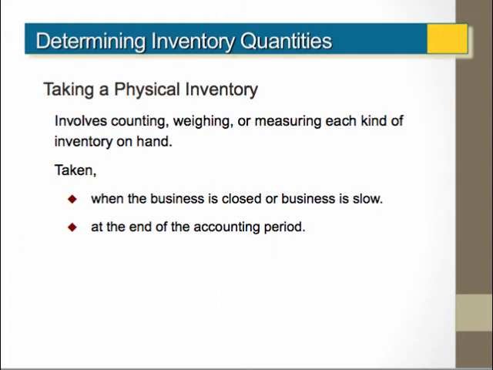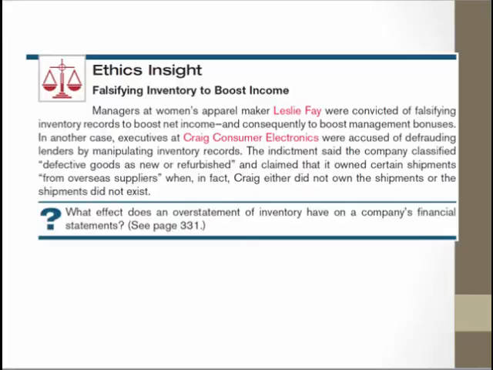The taking of a physical inventory is an excellent tool to ensure the accuracy of the accounting information. However, there are chances that inventory could be misstated either due to errors or irregularities. Now, errors are just mistakes, and hopefully the physical inventory will catch those mistakes. However, if it's an irregularity, sometimes known as fraud, we may have a problem in detecting whether the accounting records are accurate. There have been many fraud cases that have shown where management has used inventory to misstate the financial statements either by overvaluing inventory or undervaluing inventory